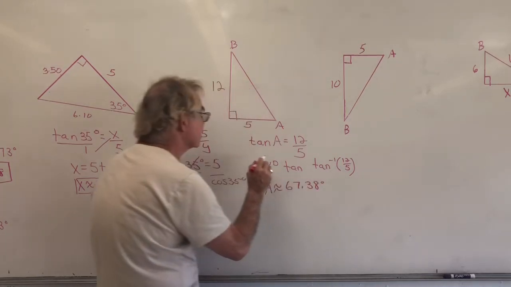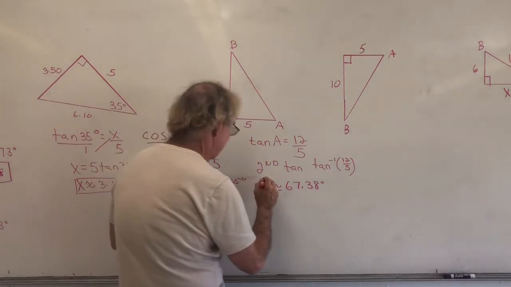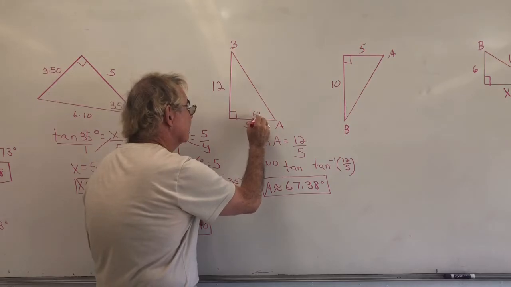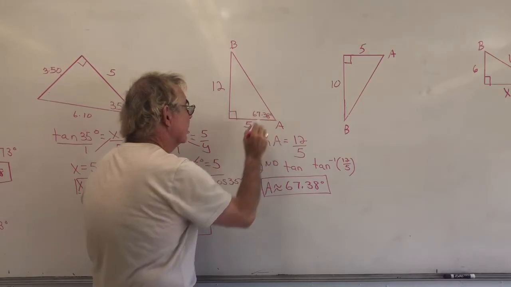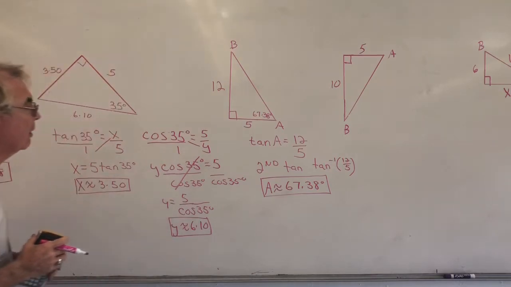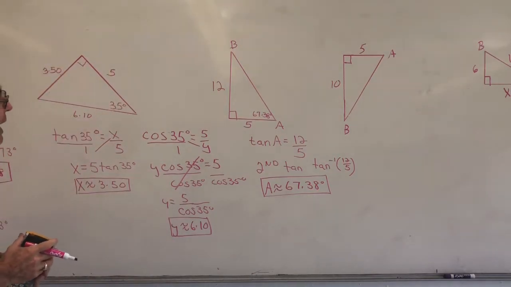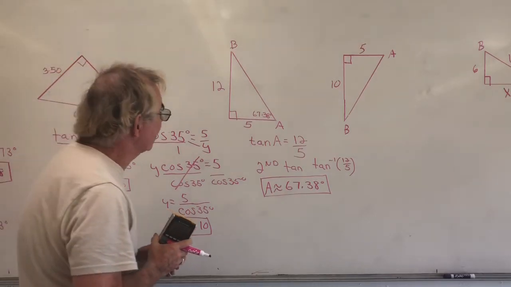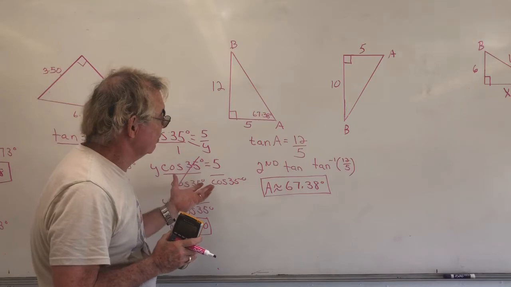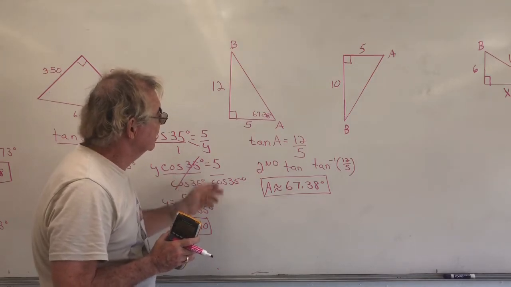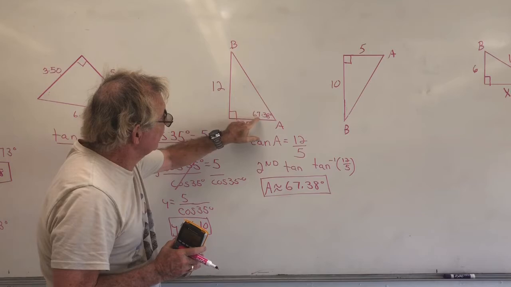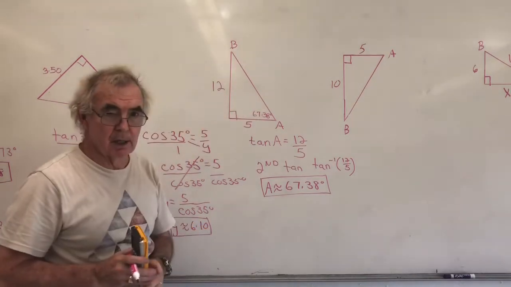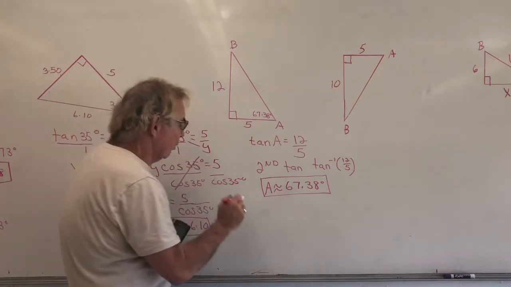67.38 degrees for angle A. Okay, now to find angle B, the easiest way to do it is, since we know the 3 angles of a triangle add up to 180, you have 90. So these two angles add up to 90, or they're called complementary. So to get angle B,